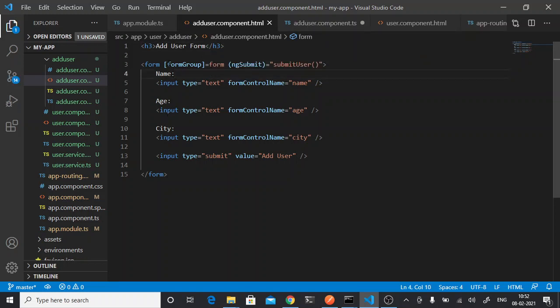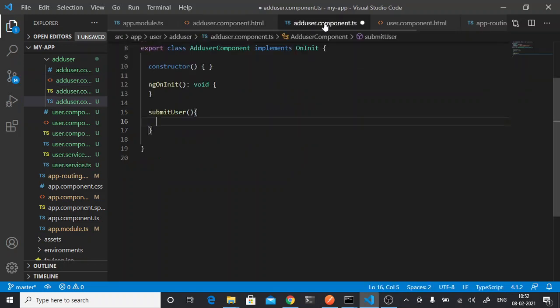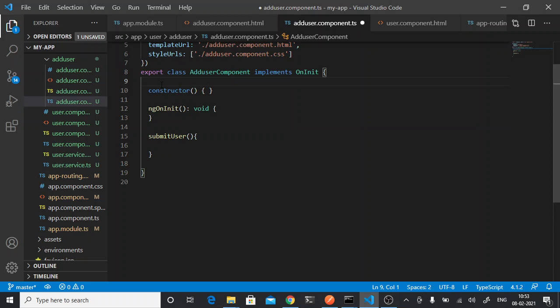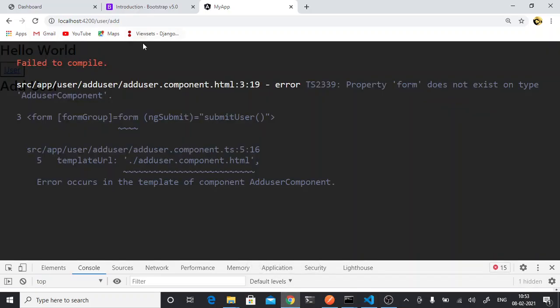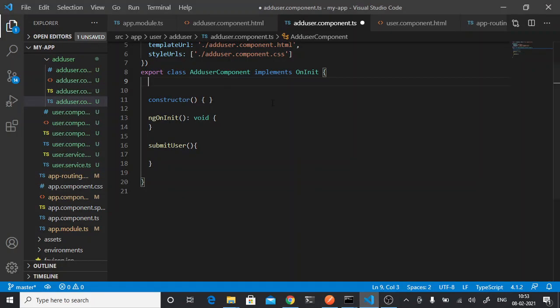Now whenever you form a form group here, you will have to declare it in your component.ts as well. So we'll do that. Before that, let's check if I am getting any error here. So see, it is saying some property form does not exist on type AddUserComponent. So in the add user component, we need to create the form property.